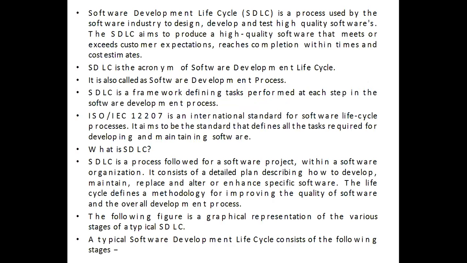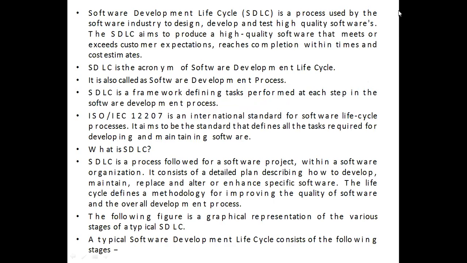Today, we will see detailed concepts of software engineering. First of all, we will see what is meant by software engineering. Software engineering means we have to do a detailed study about engineering for the design, development, and maintenance of software. There are some software development lifecycle processes and models.